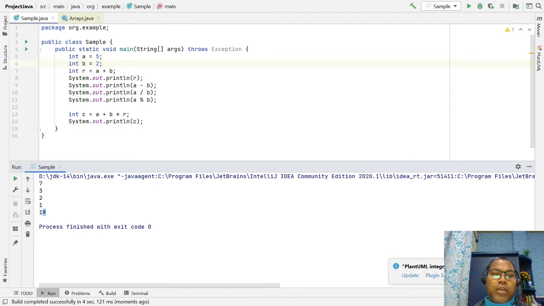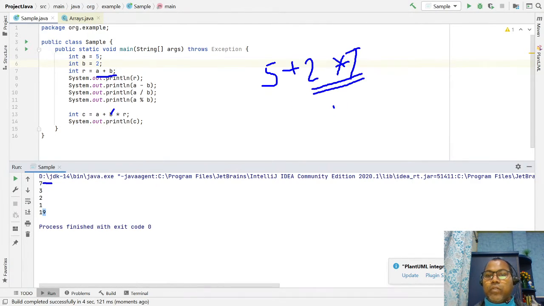A is 5, plus B, which is 2, and multiplication with the result R, which was 7. First, as per the precedence order, this is evaluated, which is 14, and after that the 5 is added, giving 19.